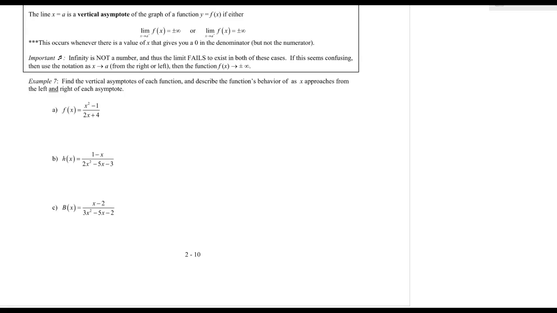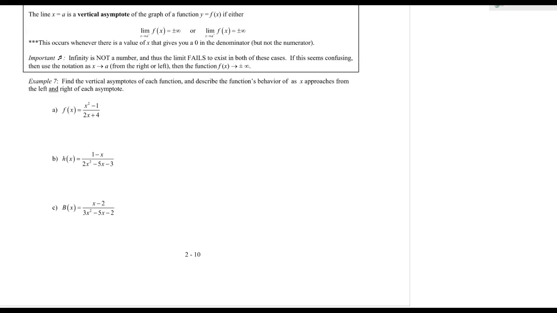This occurs when the value of x gives us 0 in the denominator, but not the numerator. Because if it gives me 0 in the numerator as well, then it is a hole. And if it's just in the numerator, it's just going to give me 0. I can have 0 on the top, that's fine. That's the other issue. Alright, infinity is not a number, and if the limit fails to exist in both cases,